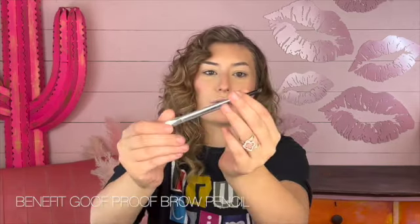So for eyebrows, I don't know if you can actually tell, but I shaved the ends of my eyebrows off. I was tired of them looking a little ratchet, and I wanted to change my eye shape up a little bit. So I just took one of our face razors and shaved it off. Yep. So for my eyebrows, I use Benefit Cosmetics Goof Proof Brow Pencil. So it comes with the product on this side and then a spoolie. So I'll first take this spoolie, brush through what little eyebrow hairs I have left,